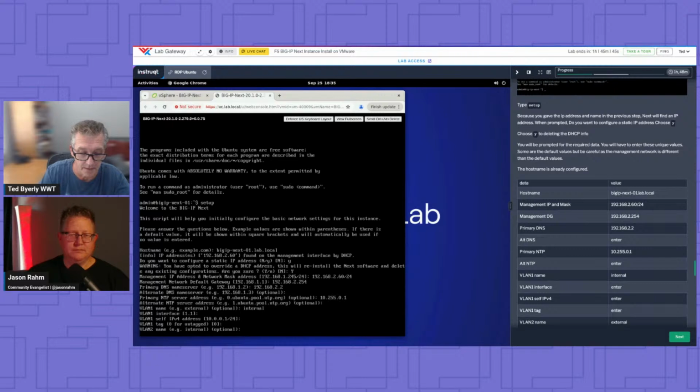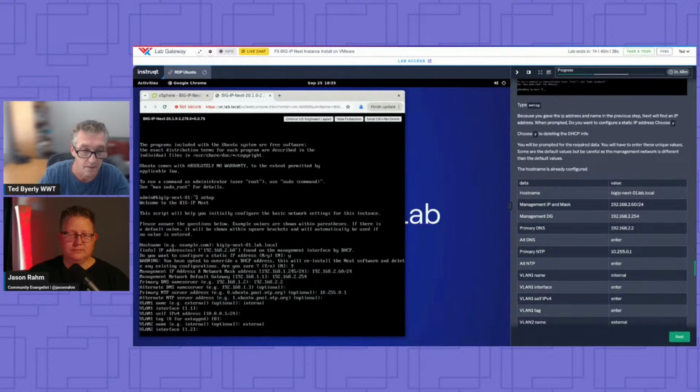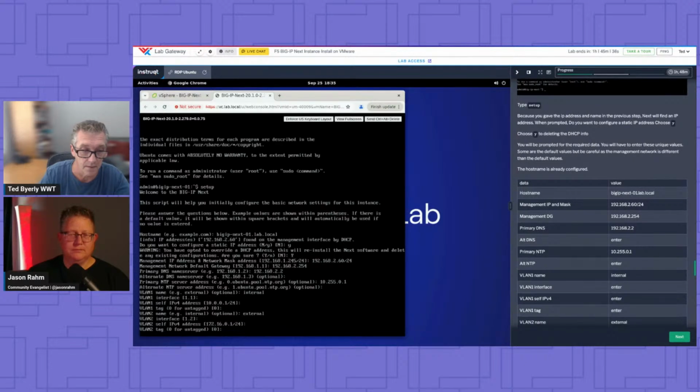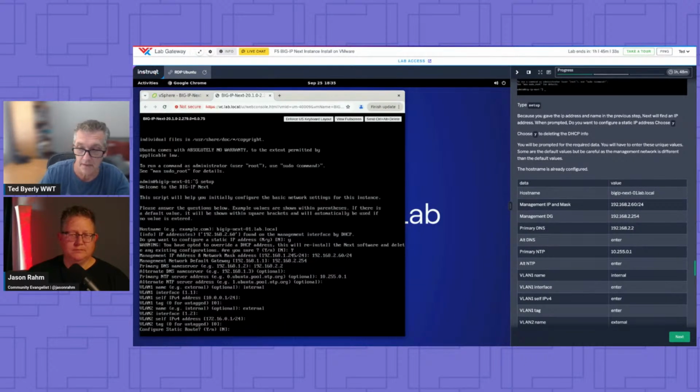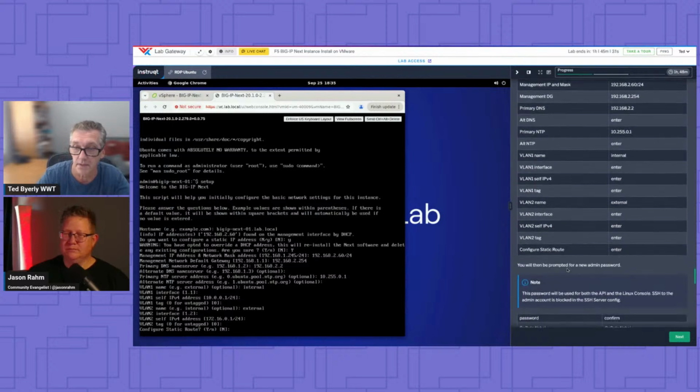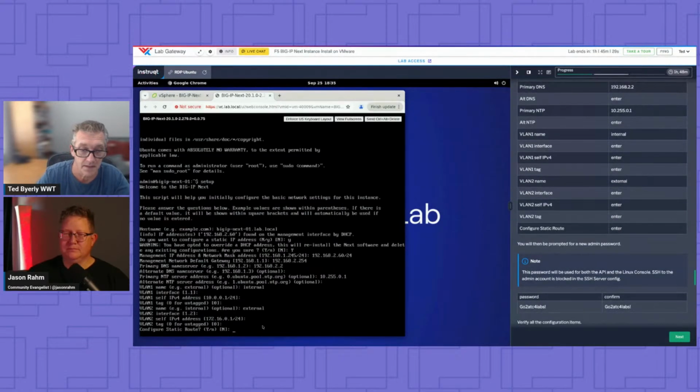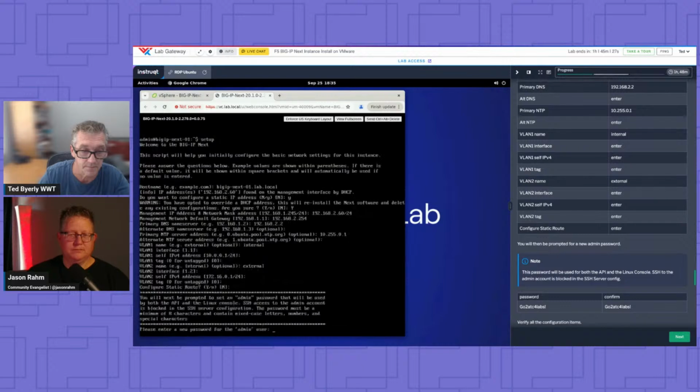So it's internal. And then you get to take the defaults for the rest. Now, VLAN 2, external, we're going to switch them. Configure static. I'm trying to show the screen so everyone sees it. Just enter. So we're going to take the default no. Please enter new password. There's our new password. You could use anything you want, but since it's ATC, we're going to use our default for all your labs.